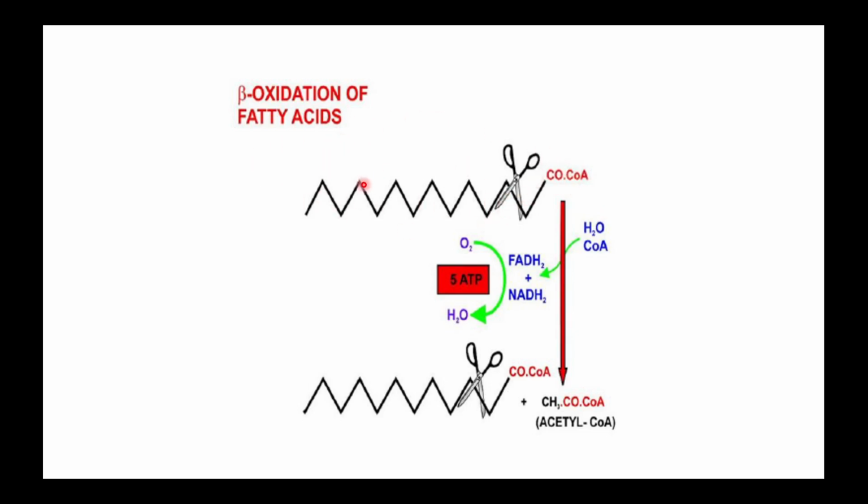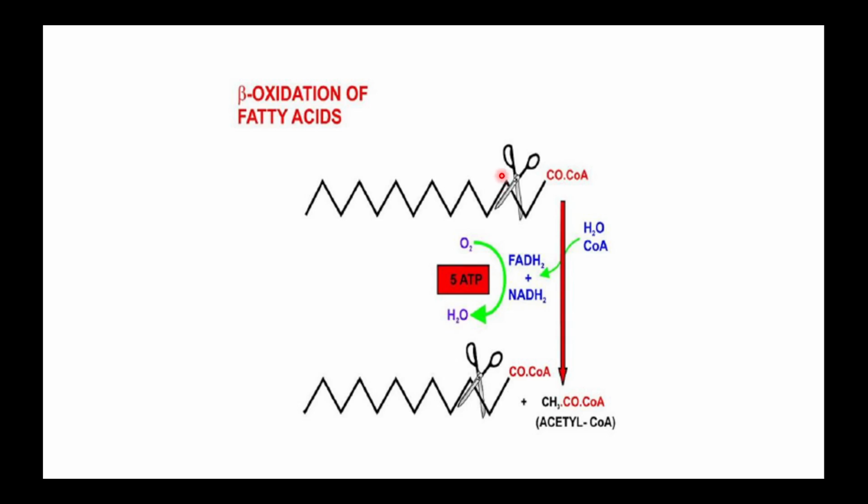After the addition of coenzyme A, this fatty acid can undergo beta oxidation. What do we mean by beta? Beta is the position of the carbon. If this is the functional group, then the carbon nearest to the functional group would be alpha. So this carbon would be alpha, this will be beta, this will be gamma, and so on. So the cutting will be near the beta carbon. That's why it is called beta oxidation, because the beta carbon will get oxidized.